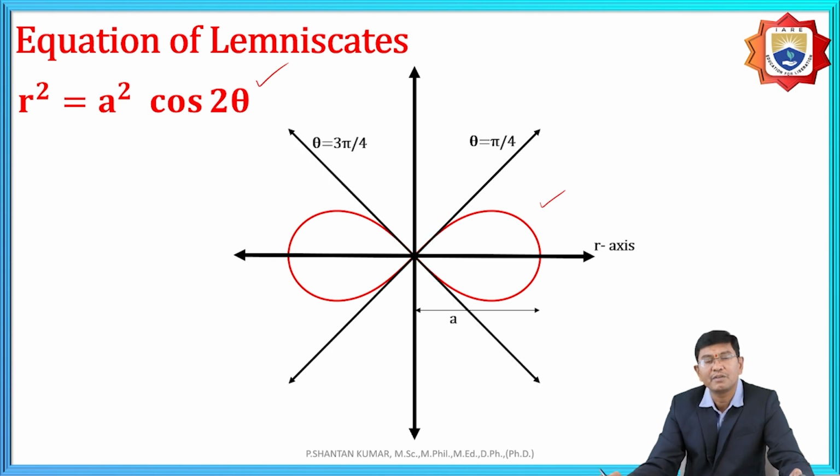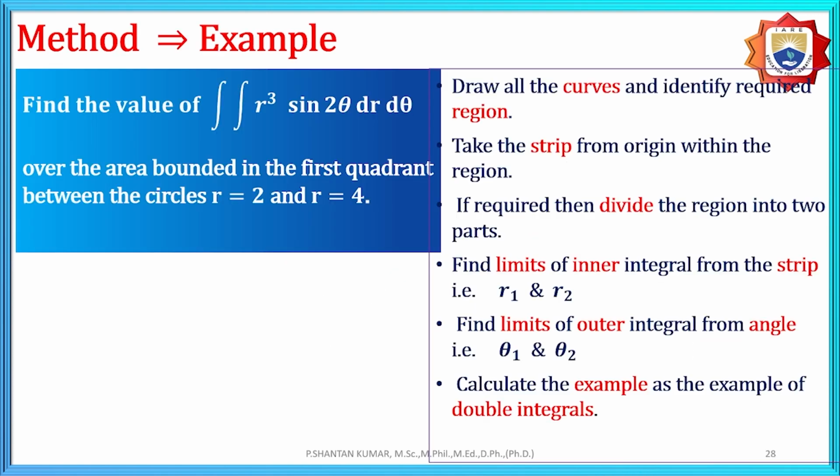With the help of this, cos 2 theta, these are the angles intersecting at pi by 4 and 3 pi by 4, clearly, as we know. And again, similarly, r square is equal to a square into sine square theta is nothing but parallel to the x and also the y axis. For example, based upon remembering all the previous circle, cardioid and lemniscate, while we are going to